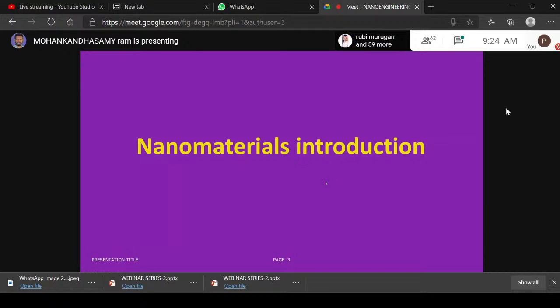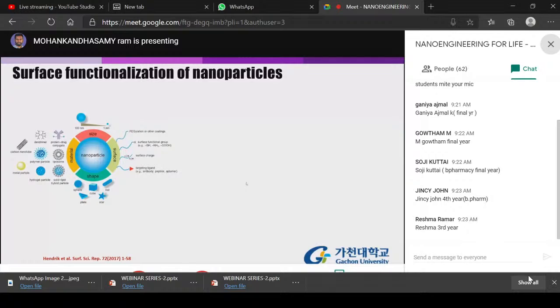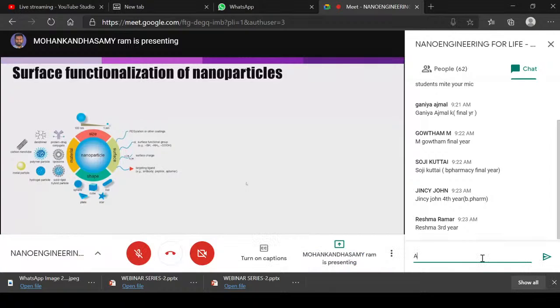So moving forward, I'm going to talk about nanomaterials and their introduction. You are all very well aware of what nanomaterials are, so I'm not going to go deep into that, but I want to emphasize why these nanoparticles are important. So, as shown in this figure,